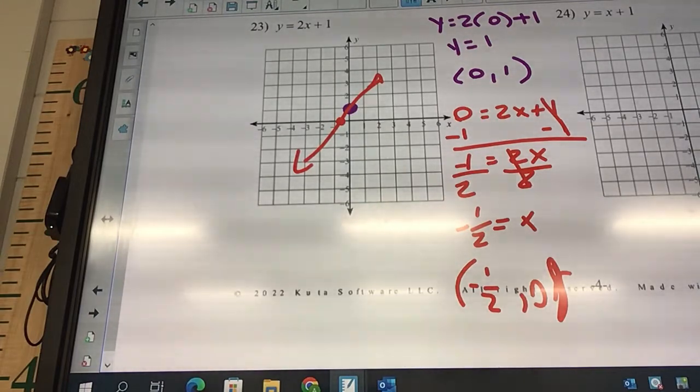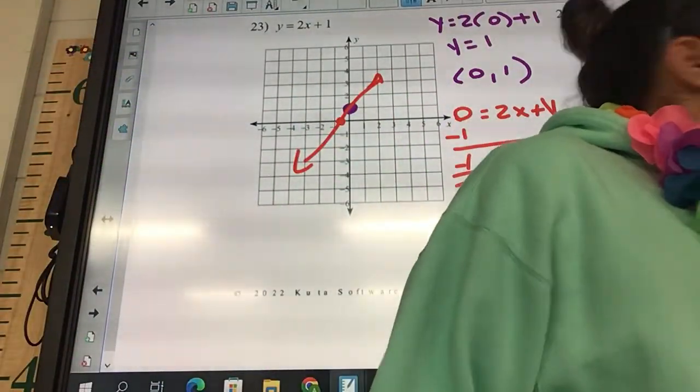Okay, you guys go through, do the rest, get them done, put them in the box. If you're one of the people that don't have your phone, when you get done,